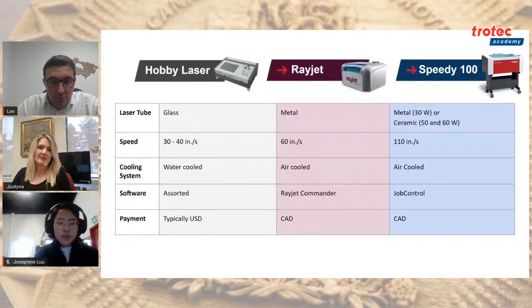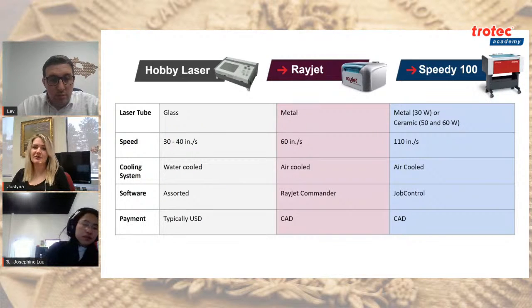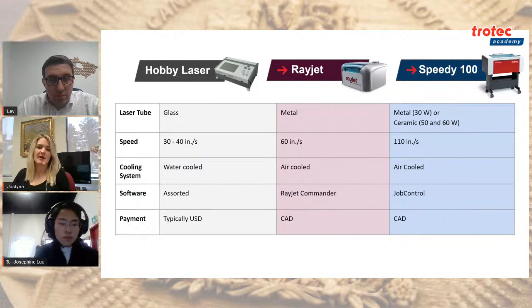So if you imagine about 2/3 or half of the speed of the Rayjet is what you would achieve with a standard, average hobby entry-level laser. So you'd notice that there's a significant impediment there, especially anyone who has been an entrepreneur before will know that clients put in last-minute orders. So it can be difficult to achieve those if your laser can't go fast enough, and especially if it can't keep up producing consistent quality results,